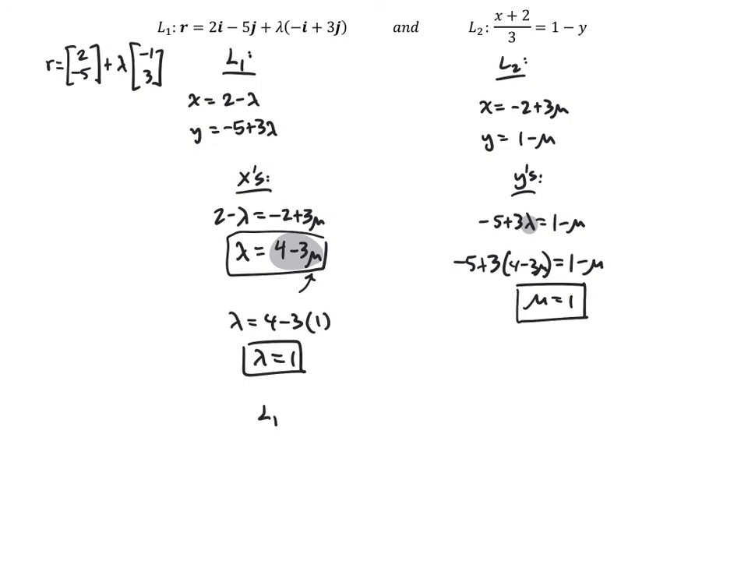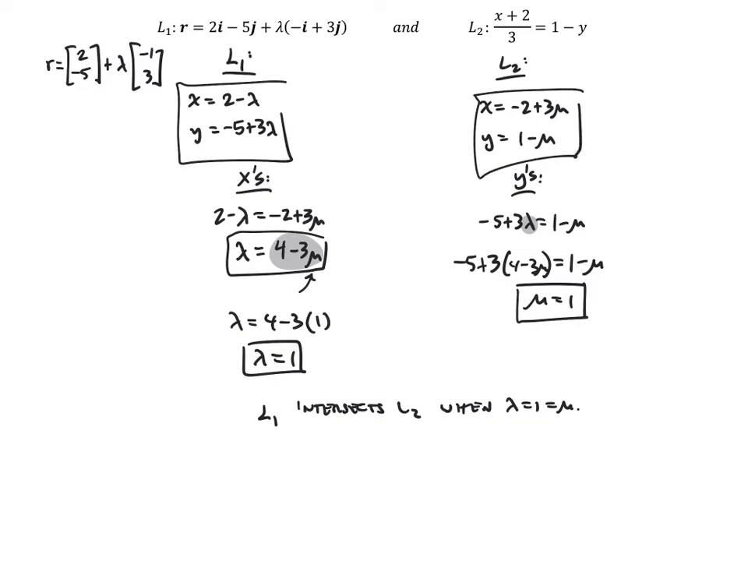So L1 intersects L2 when lambda is equal to 1 and so is mu. Now, this is a very interesting situation. I'll talk about the importance of it in a moment. What I can do then is plug 1 back in for either lambda and find x, y, or mu and find x, y,